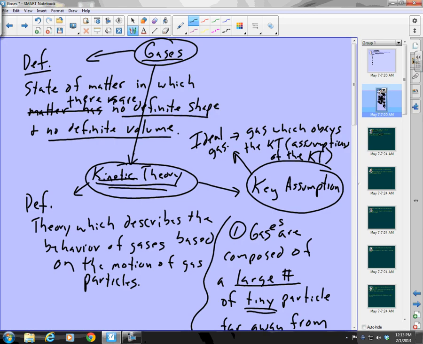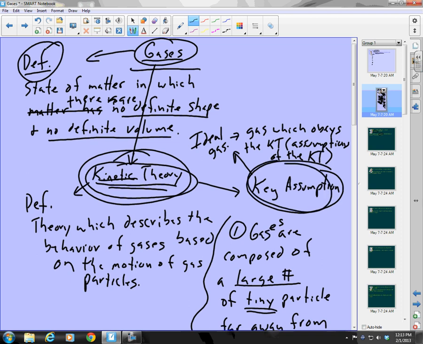Let's see if we can learn something from our concept map here. So here we have gases, right? Here are gases. And we talked about a definition. And we talked about the kinetic theory and the assumptions in the kinetic theory. So let us come down here and talk about